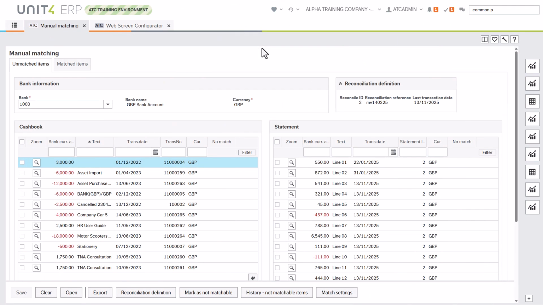Hi, and welcome to this use case video for Screen Configurator. In this quick video, I'm going to show you a solution for a customer regarding the manual matching bank reconciliation